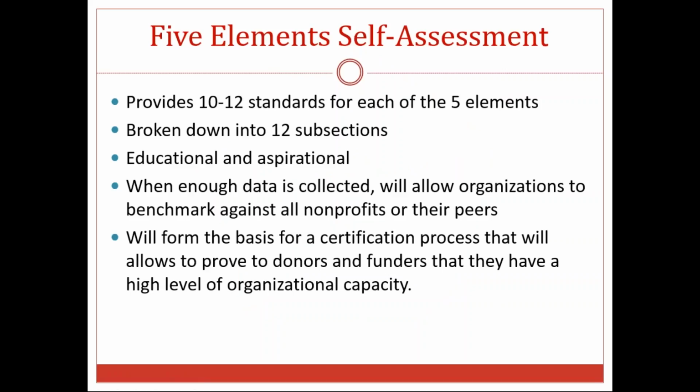What the 5-element self-assessment does is it uses this model and it breaks down, for each of those 5 areas, 10 to 12 standards that we think are indicative of whether or not the organization has capacity in those areas. They're not exhaustive. In fact, those standards were developed by us going to very detailed assessment tools that we've been using for a long time in areas like technology or HR or